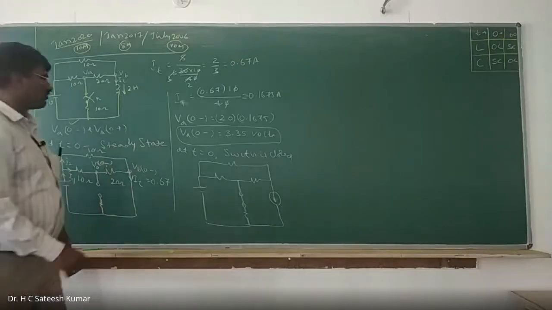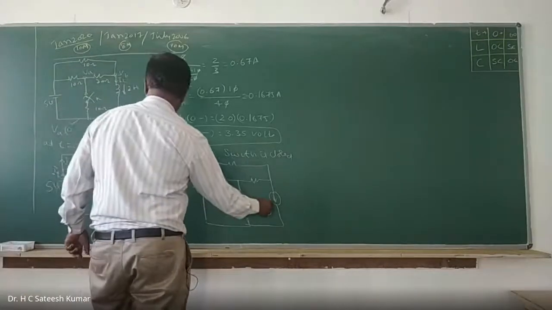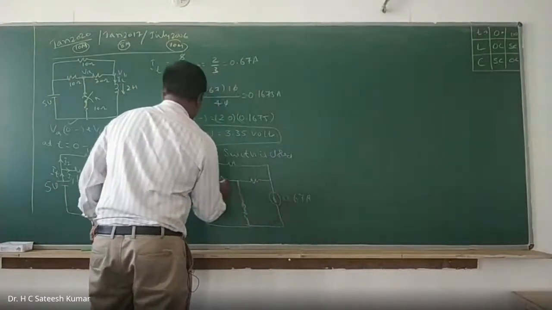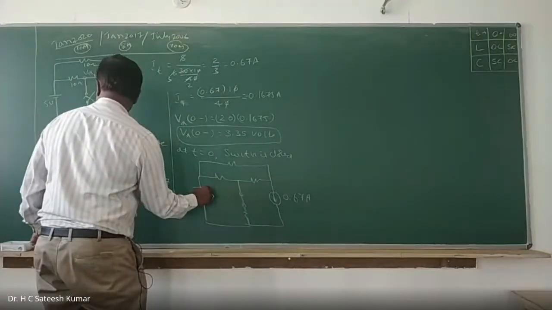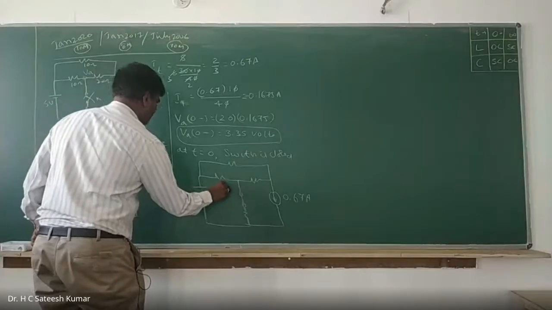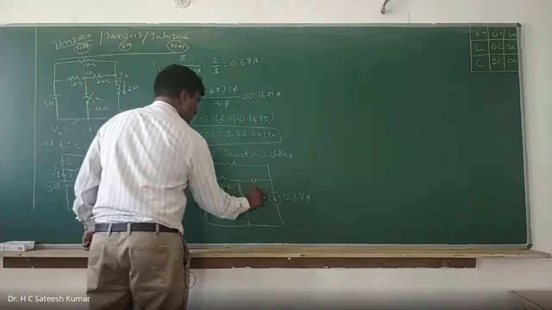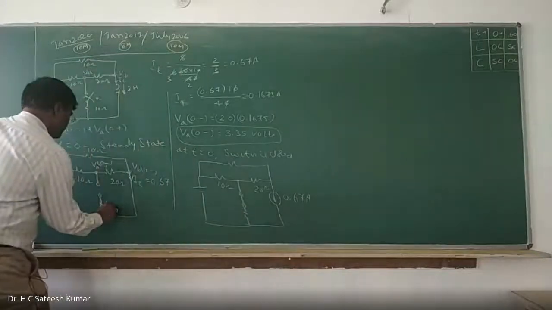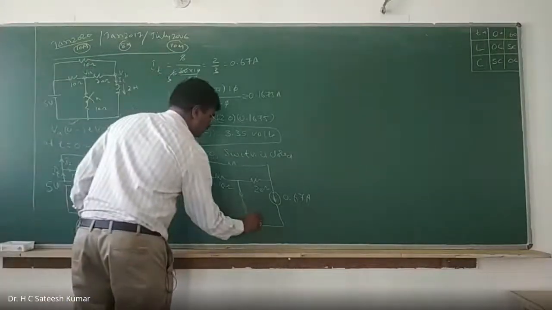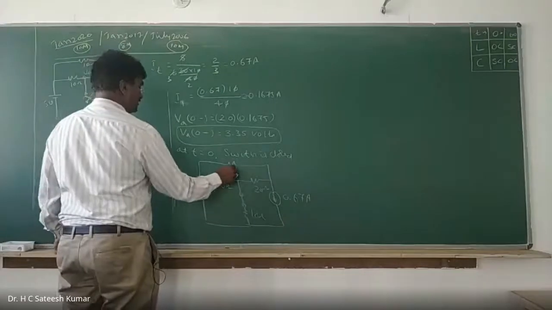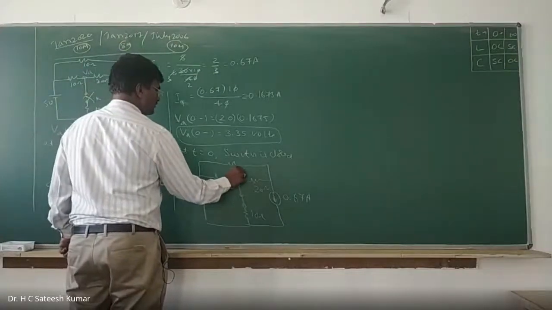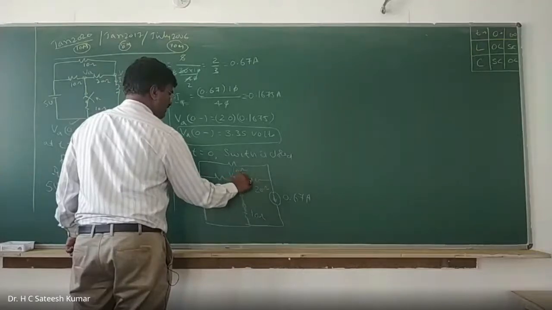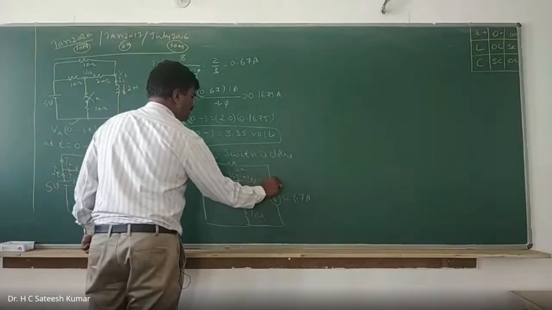So now what is that we can write it? This is nothing but this we can write it as 0.67 amps. And this is 10 ohms. And this is 20 ohms. And this is 10 ohm, 10 ohm, 10 ohm, and here we have 10 ohm. So this is your VA 0 plus now, and VB 0 plus.